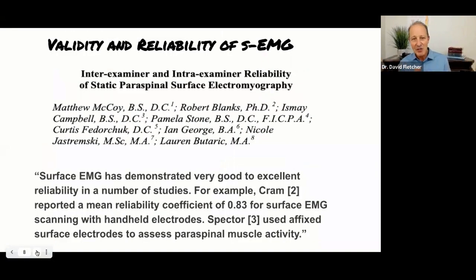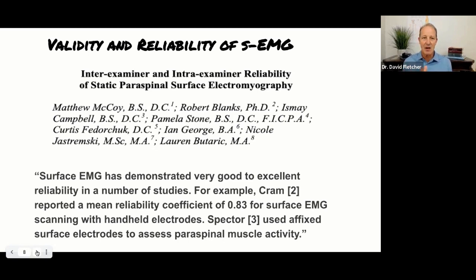So I wanted to begin with what we know are the important aspects of looking at the research models as to why you should have the confidence to work with EMG. Certainly, I've given you a tour of what we believe is the best technology that you can use in an EMG setting. But now we take a look at validity and reliability, what matters in terms of your confidence when you do a scan, to know that it's telling you what it's supposed to be telling.